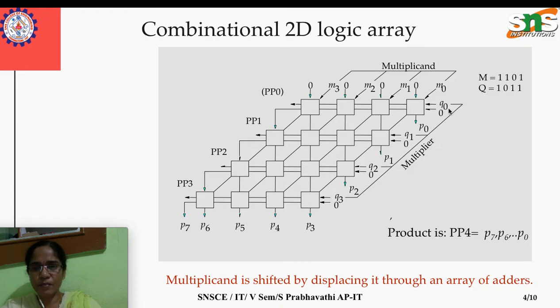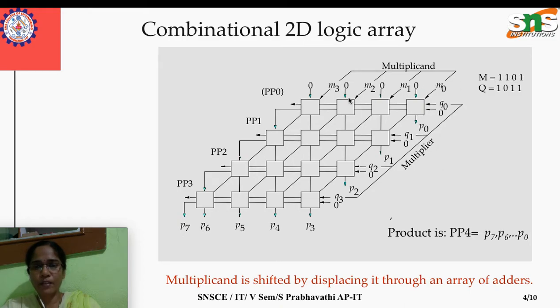At the first stage we pass the Q0 bit, followed by Q1, Q2, Q3. Q is the multiplier. So this is Q0, Q1, Q2, Q3, and this is the multiplicand M0, M1, M2, M3.